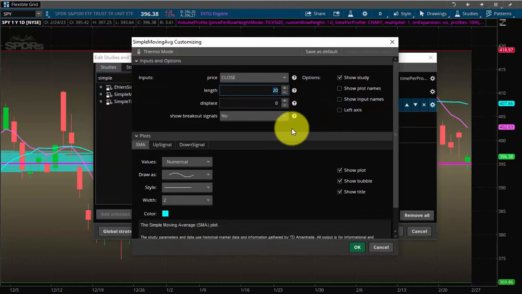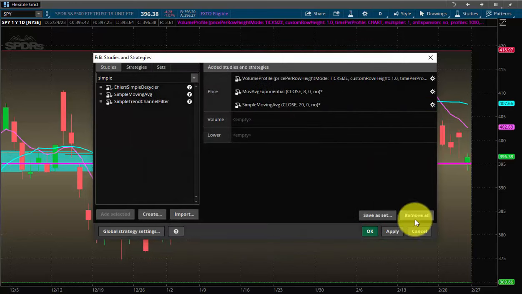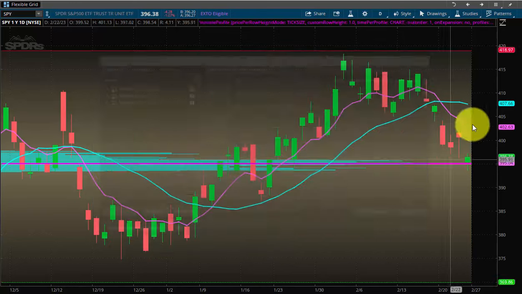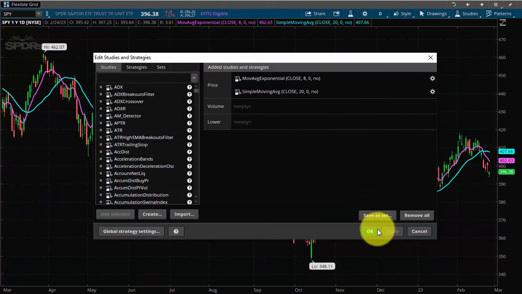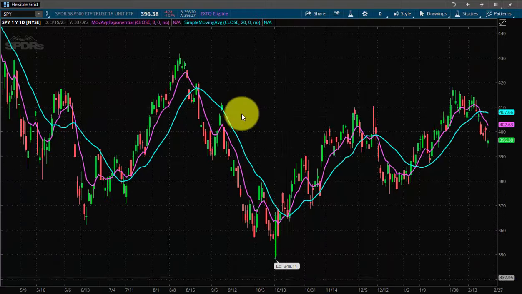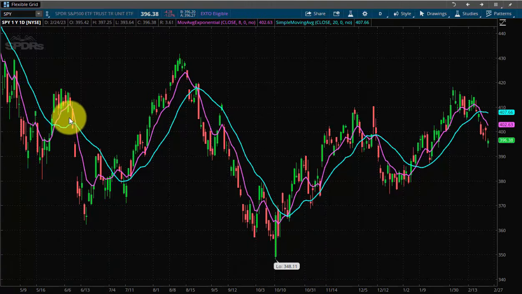Okay, a lot of money managers use this same variation where they have either the 20 or the 21 as that length for the second moving average, but again, just do what works for you, okay? Now, after you've added those to the chart, it's really simple. You just spot those crossovers, right? We'll show examples of it without the volume profile on the chart so you can see it a little bit better. Crossover right here,